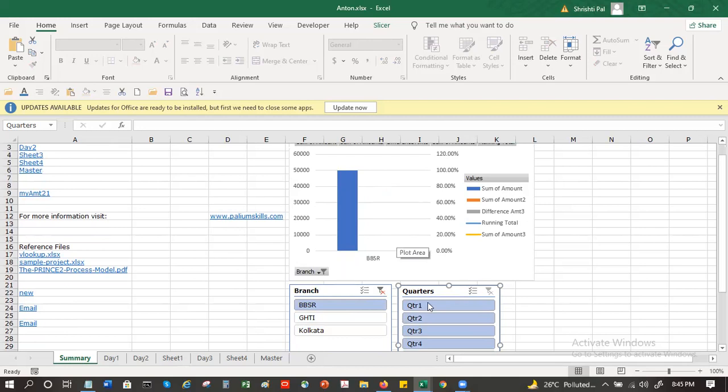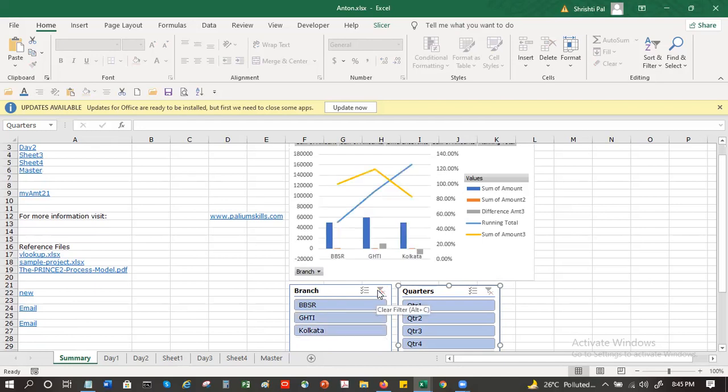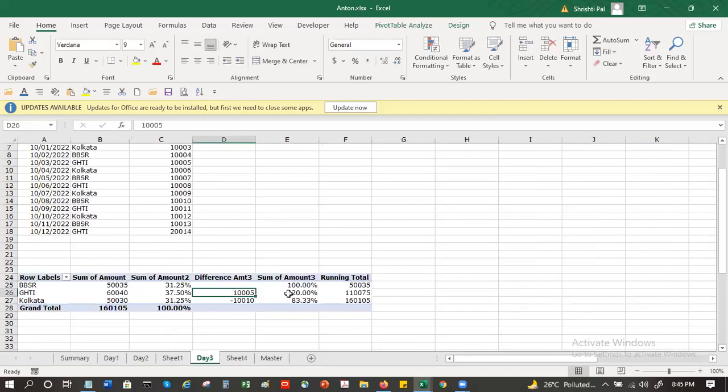So are slicers applicable only for any kind of table, charts? Any kind of table. It works on your tables and it also works on your graph and chart basically. Because in this case, my graph is based on my pivot table. This was the one that I used.